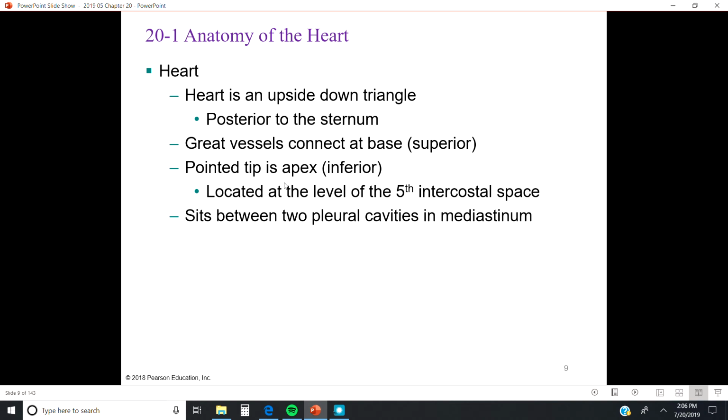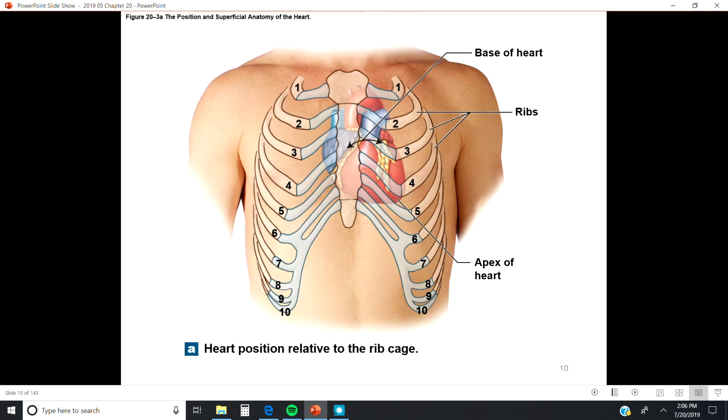And then we're going to see in a moment that the heart sits between two pleural cavities in a big structure known as the mediastinum. So let's take a look at how the heart sits in the chest. So here's our breastbone. This would be the sternum. Directly behind the sternum is the heart. So this is the right side of the heart. This is the left side of the heart. So this top part here is the